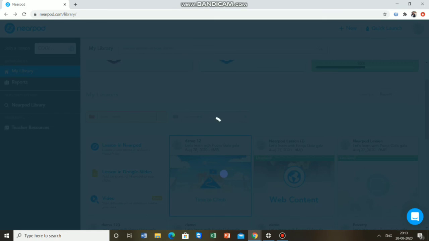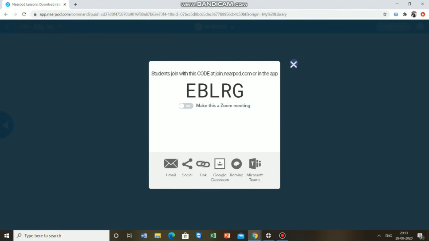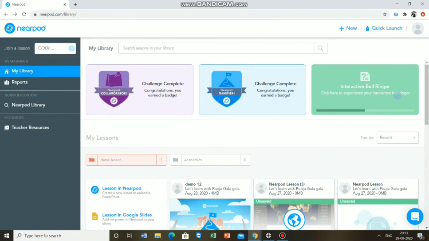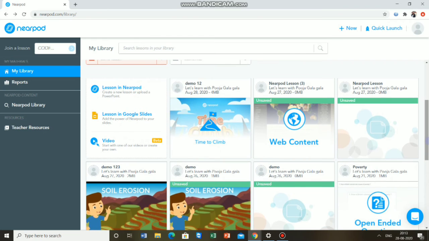Next we have live participation, where you are having a meeting, in a virtual classroom or your actual classroom, and you tell your students to apply this code and answer the questions given below. This is the code over here and they can apply it, and you can see in the bottom left corner how many students have participated along with their names. So this was all about Nearpod, wherein you can make beautiful, creative contents and engage your students. Along with this, you also have the facility of doing activities.